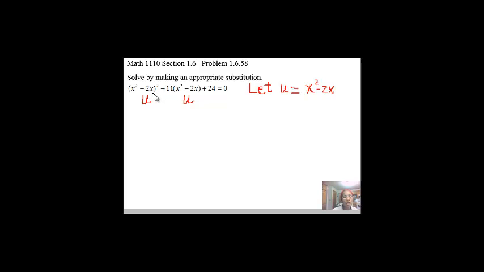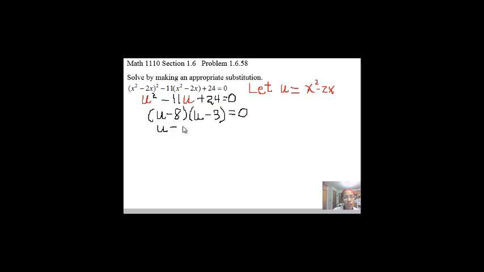So this becomes u squared minus 11u plus 24. So we temporarily make this look like a much easier and more familiar problem. And we can actually solve this by factoring. U minus 8 times u minus 3 equals 0,